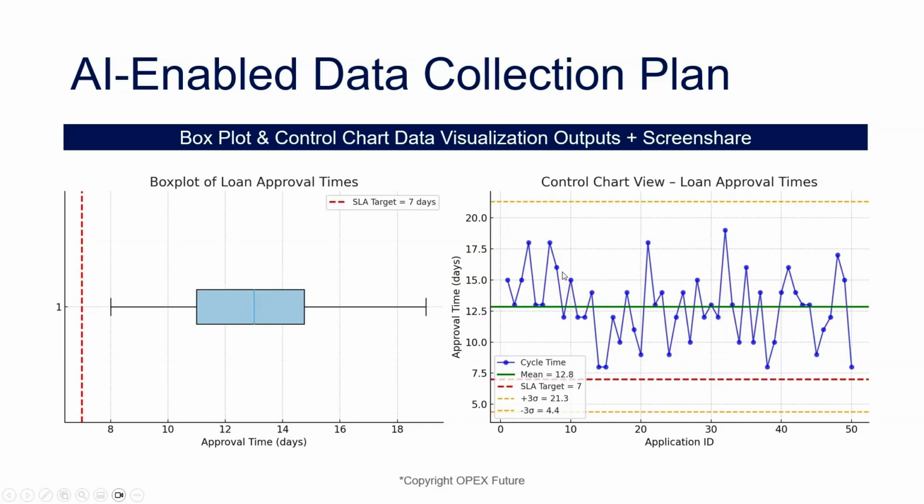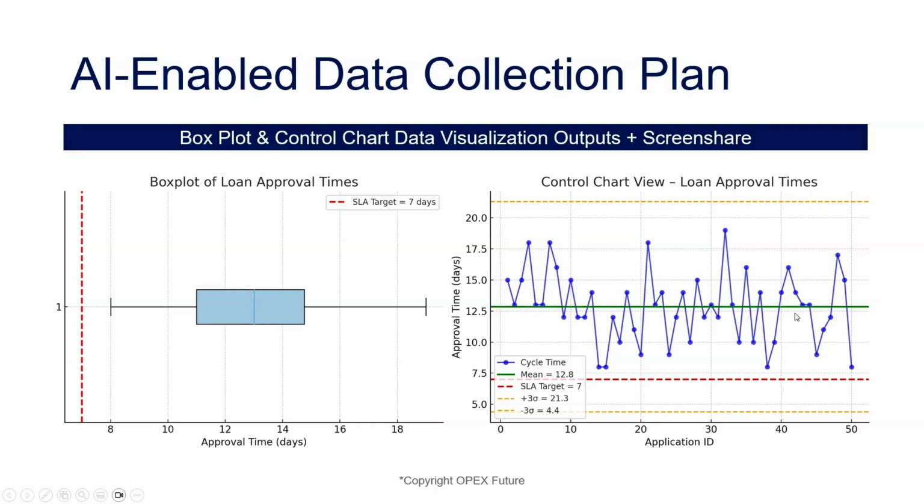Here, I like this control chart view, right? We got our average represented with this line going right down the middle. We got our target 7 days here as well. And our upper and lower lines represent our upper and lower spec targets of plus 3 sigma on the high and minus 3 sigma on the low. And these are all of our data points here. All 50 of our data points are distributed, and we can see how they are distributed within this data set